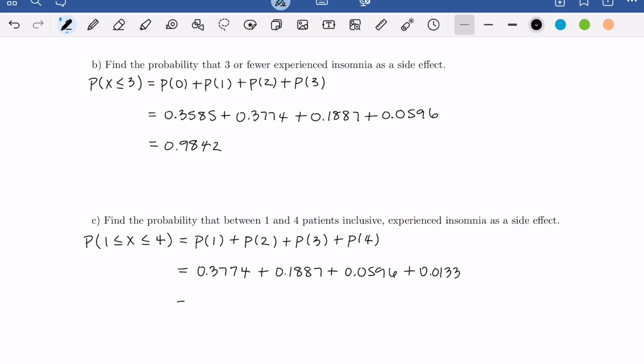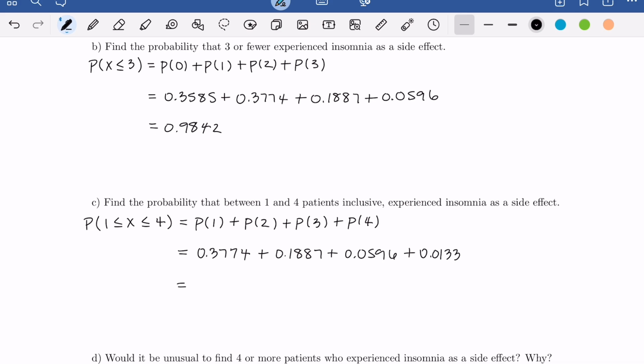All right, so the probability that between 1 and 4 patients inclusive might experience insomnia is going to be given by